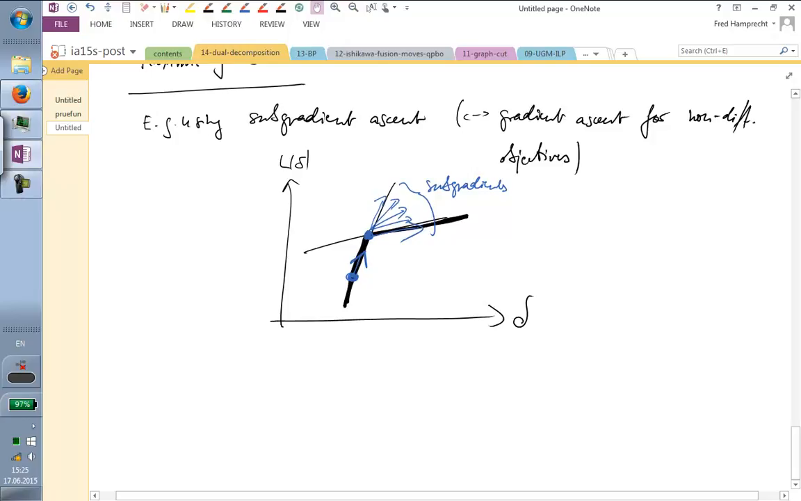So, yeah? Sorry, but I'm a little confused. So what do we need to maximize now? Do we already have our linear